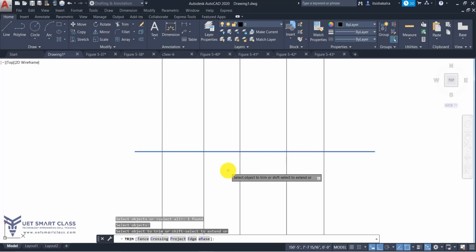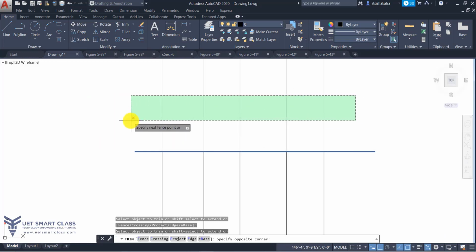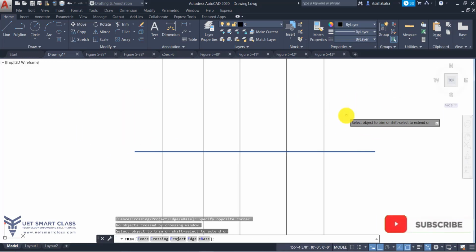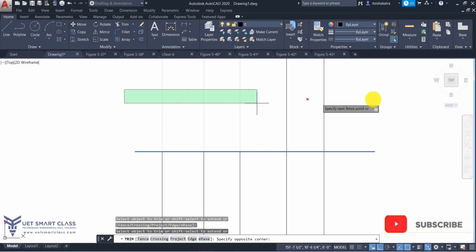I'll press enter. Now the second question it is asking me, now my options are also open, but first I'm not touching the options. I just want you to understand the concept. Now it is asking me select objects to trim. So I can select this object, this side or this side, whatever I want to trim. If I want to trim this or this, I can even use the crossing method. In newer versions, crossing method automatically starts, and from both the sides it is a crossing method. There is no window option here.